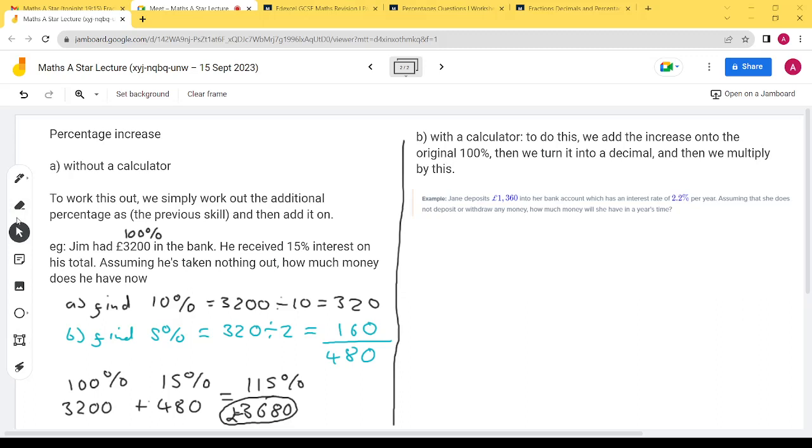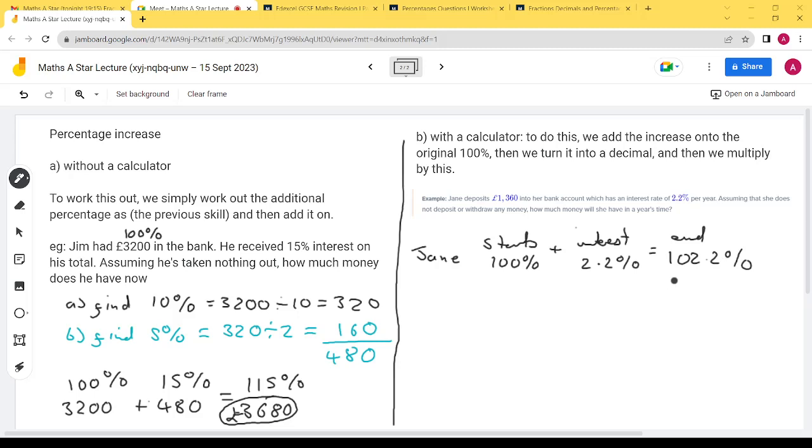The thing to understand here is that Jane starts with 100% and then adds the interest of 2.2%, which means she ends up with 102.2%. So the sum we have to do is 1360 times